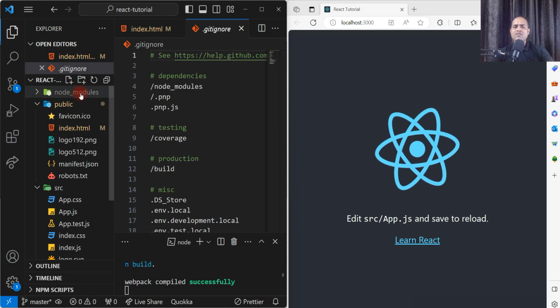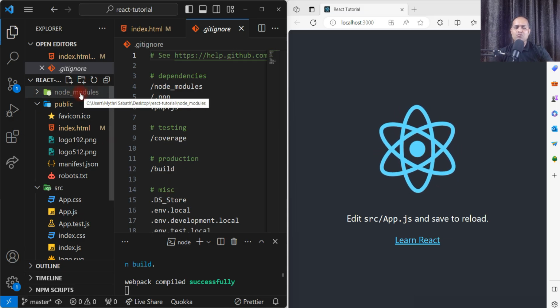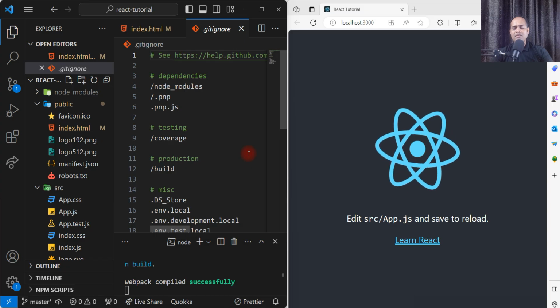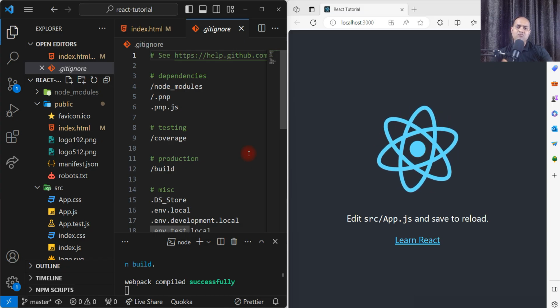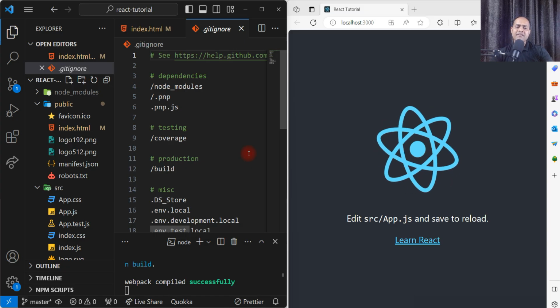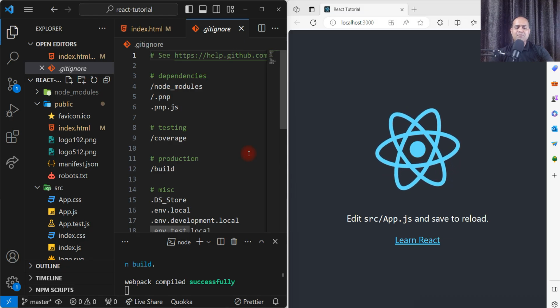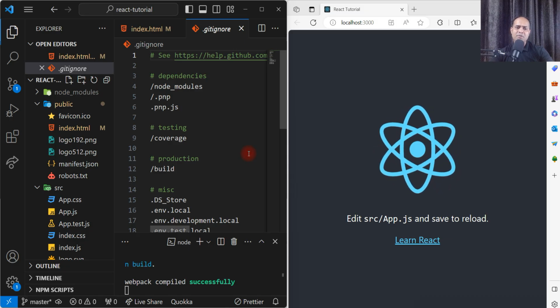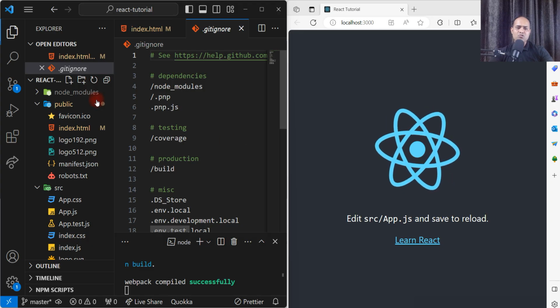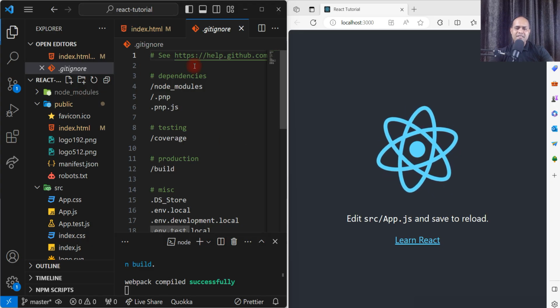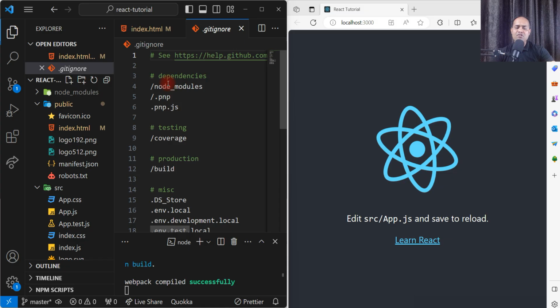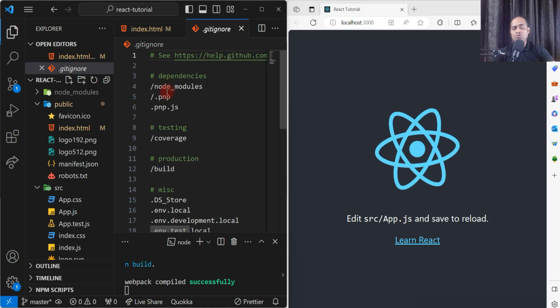Generally, this node modules installation happens once the code moves to the environment, that is dev or stage or production environment. When it moves, you will be writing all the steps so that the installation happens automatically, right? So no need to push the node modules. In the .gitignore file, we have to mention what you have to avoid pushing, which files